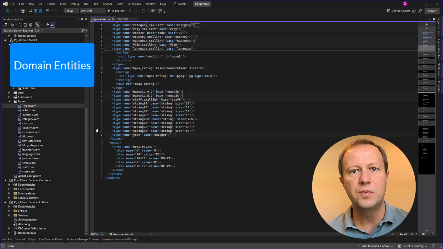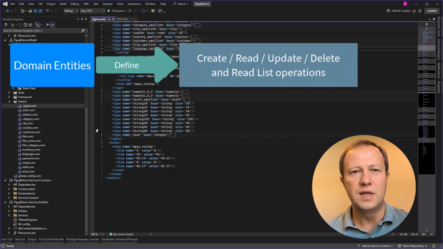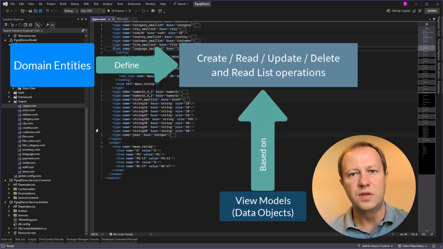The common way to do it with Zomega is to define CRUD service operations in the model, which allow you to create, read, update, delete, or search your entities. Then, for any view that you want to define, you can identify operations that are used by that view and construct its view model from the input and output structures of those operations.